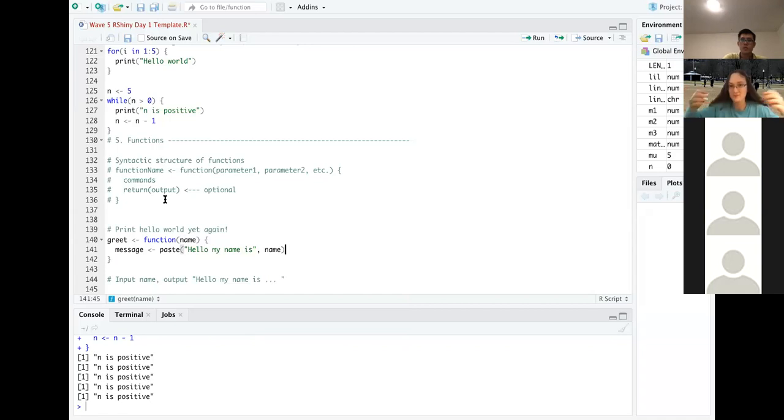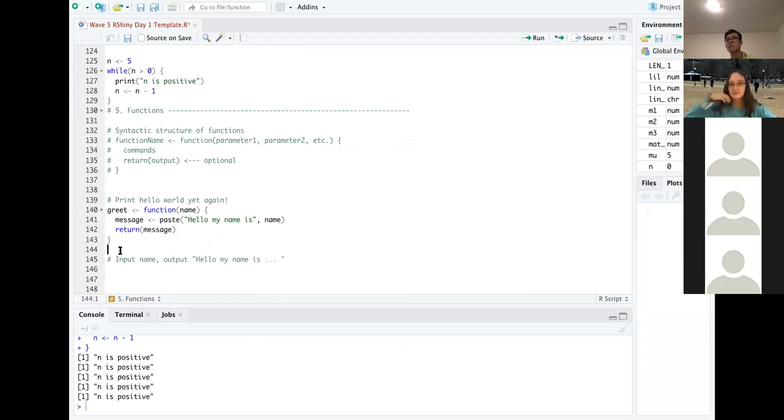So it's just going to print out what we did earlier. We're just putting it into a function. And then what we're going to do is return message. Return is the code word for output. So that's basically saying whatever is inside the parentheses is going to be our output. And so it's just going to return our message.